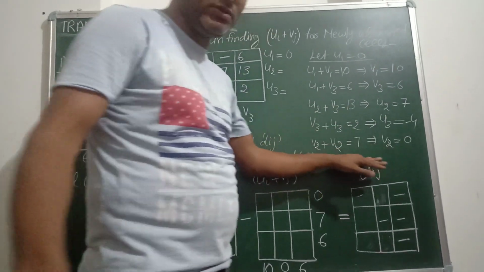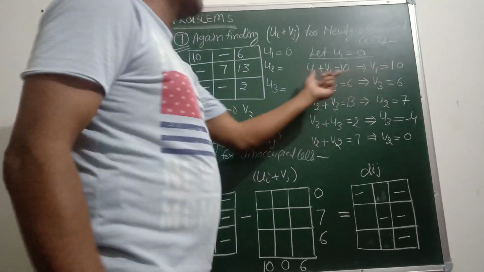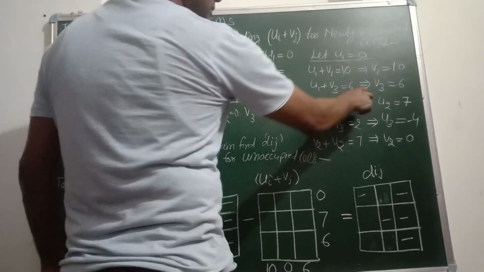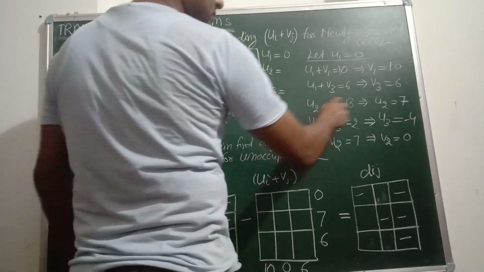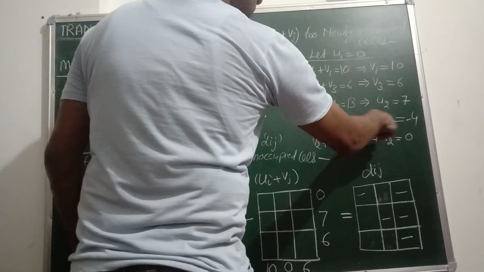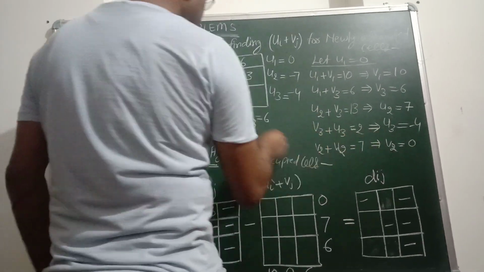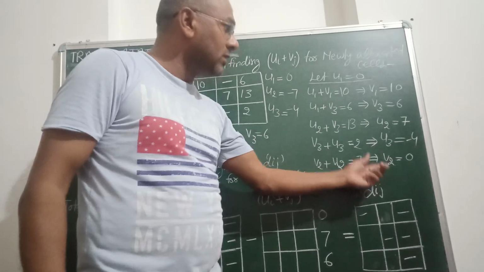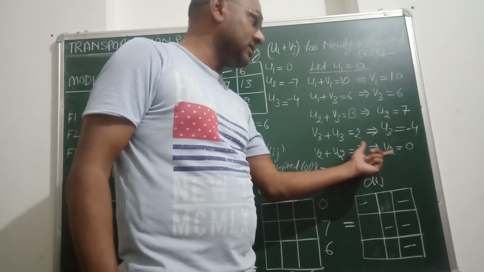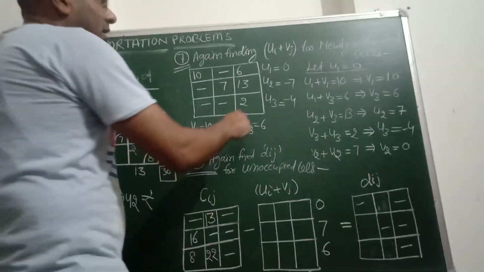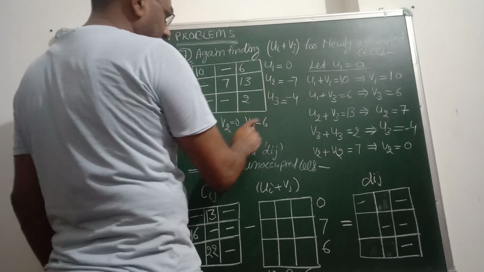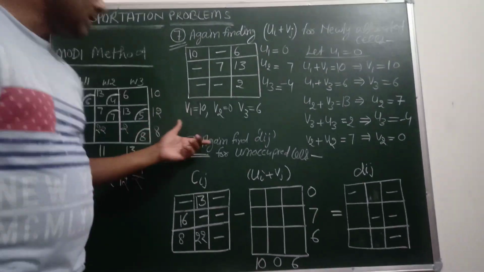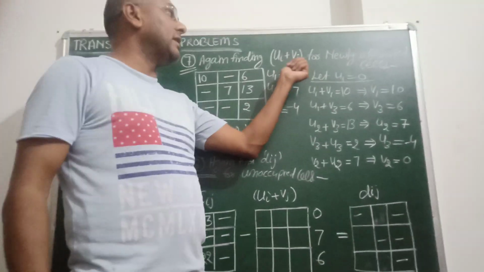I have already written it down here, so I am putting it directly from here under this table. Then v3 is equal to 6, u2 is equal to minus 7, u3 is equal to minus 4, and v2 is equal to 0. We have used the same method as discussed earlier in this video, so I am not going to explain this further as this is a small mathematical calculation, but you have to be careful in finding the values of u1, u2 and u3. So after finding the values of ui and vj, what do we have to find next?